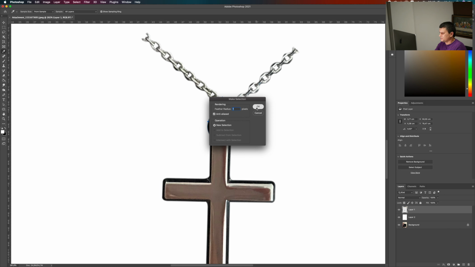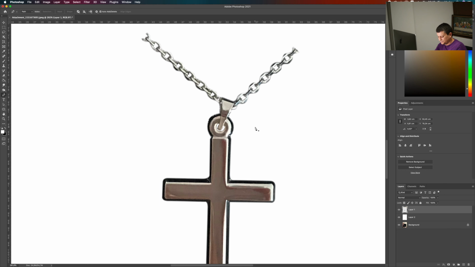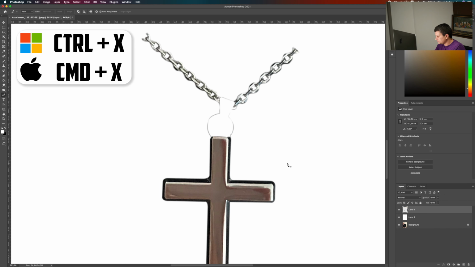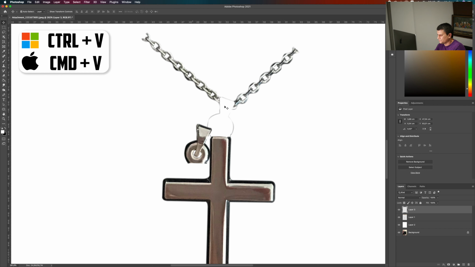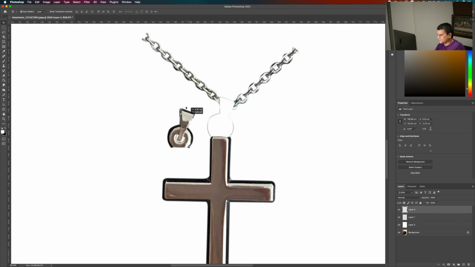Now make selection, press OK, and now just press Command X or Control X to cut it, and Command or Control V to paste it. Now it's pasted on a separate layer.